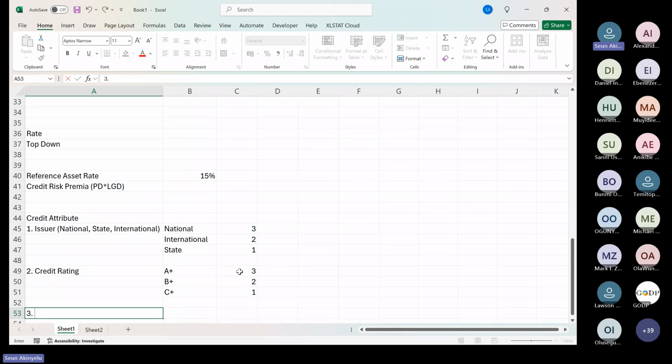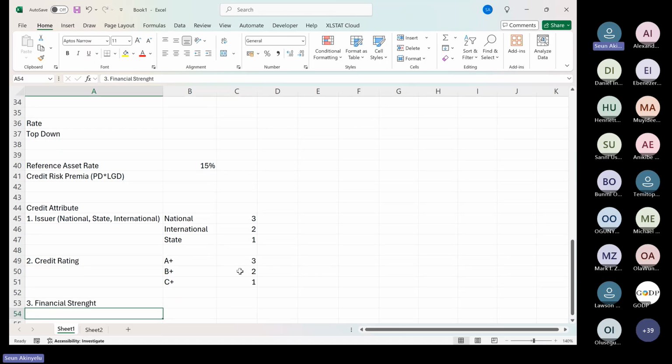What other thing do you think you would check, apart from the issuer, to know whether it is creditworthy or not? What other thing do you check when you are going to invest? Let's also say we check the profitability. Yeah, financial strength. It's okay. Let me use your word, financial strength.